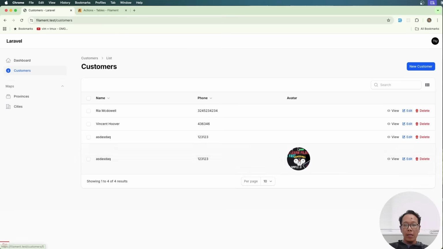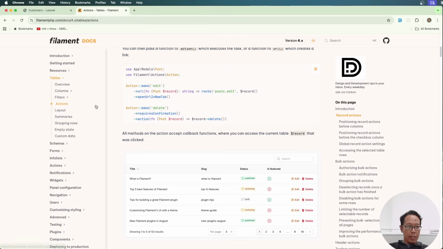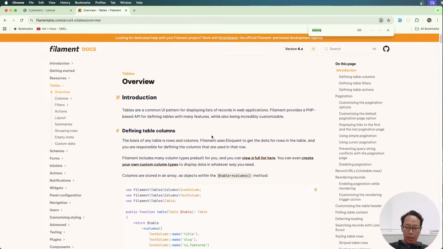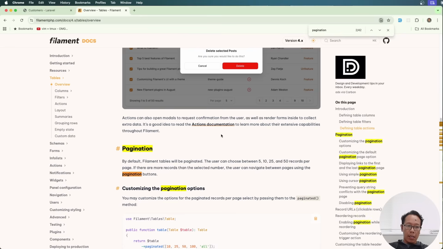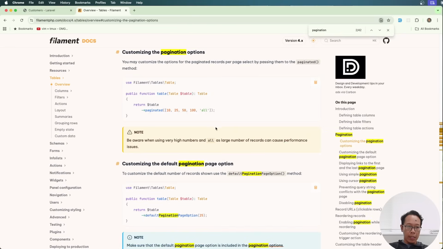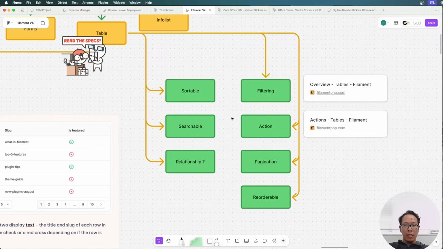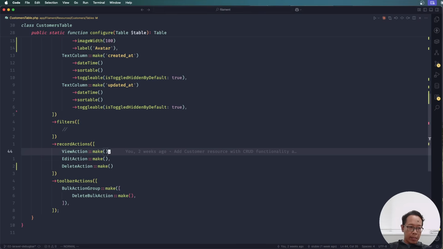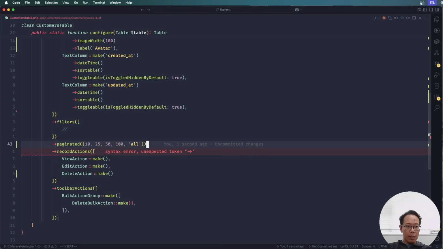Action is already the pagination. You can customize these pagination links. I think it will be available here. Yeah, customizing the pagination option. So this one. And from my experience, some users really want to customize the